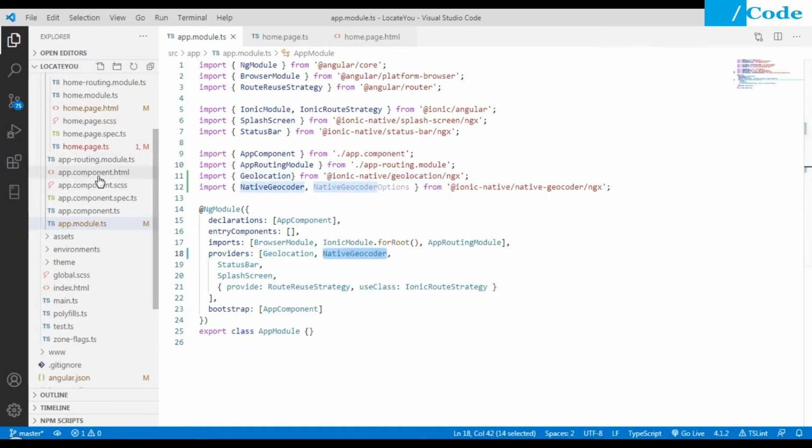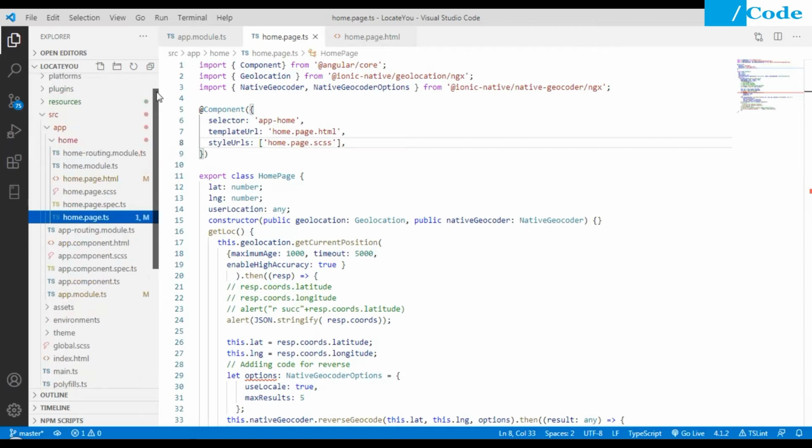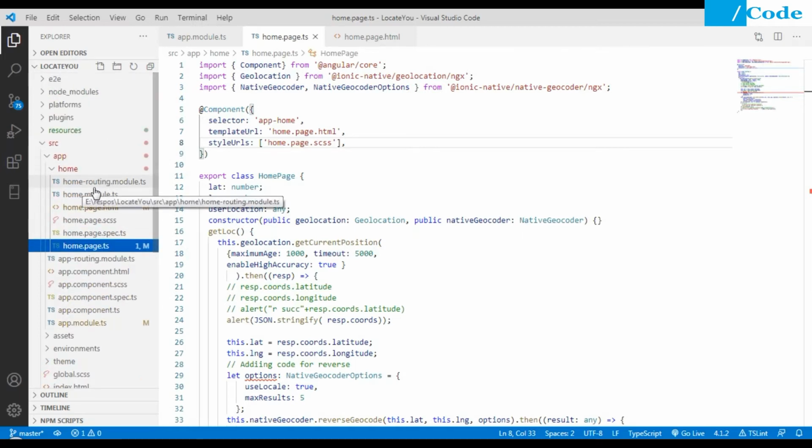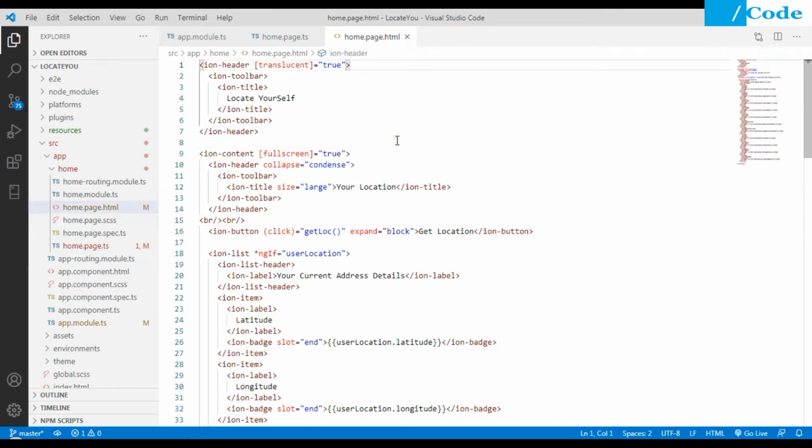Now, as it is a blank application, we don't have much. We will just directly have the home page here. So come to the home page. Let me first show you the homepage.html. The blank application will have some title, so just replace the title with your locate yourself application title.